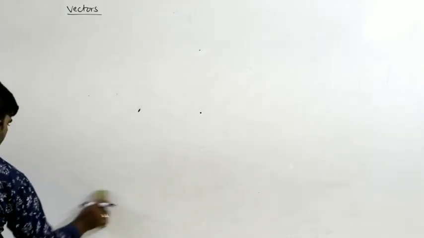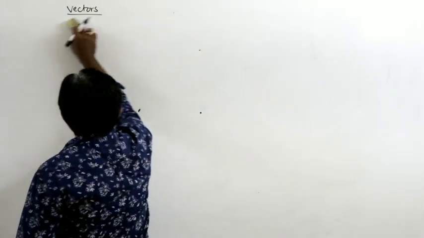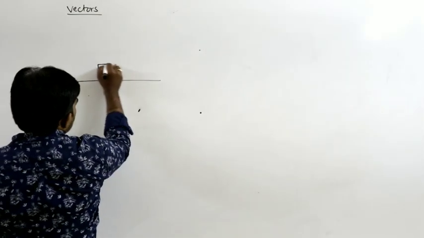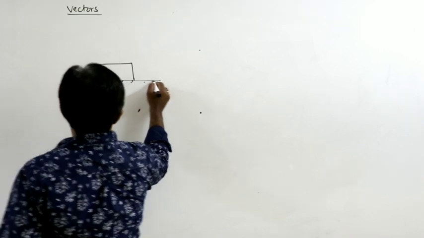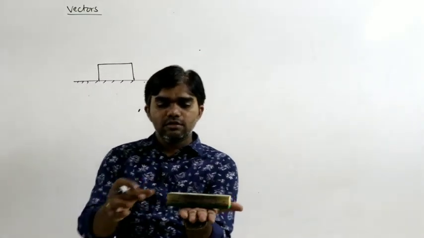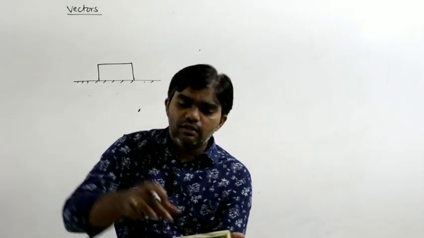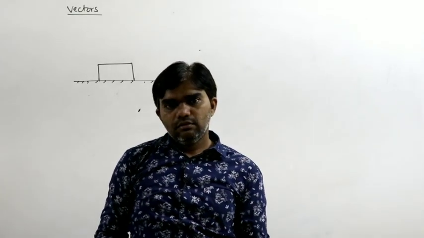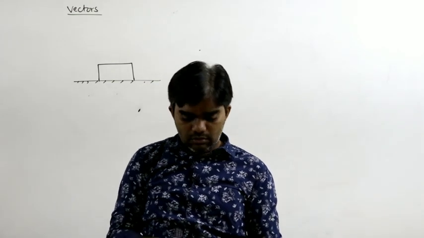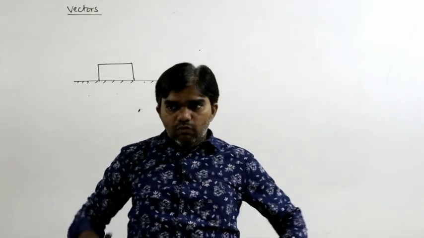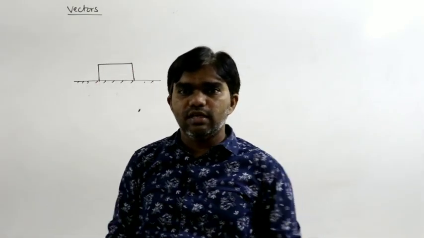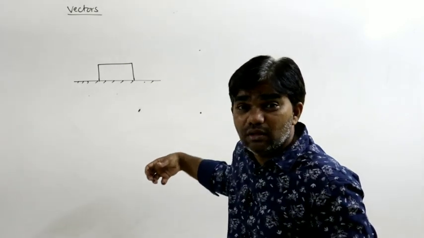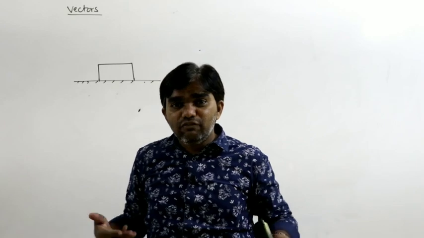Now, how can you find out the resultant of two vectors? Generally, for example, let us say this is the body. We come to the regular scenario. This is the body placed here. One force acting like this, one force acting like this, one force acting like this. In what direction does the body move? For example, I am standing here. One person pulling me in this direction, one in this direction, one in this direction, and another person pulling in the backward direction. In which direction will I move?